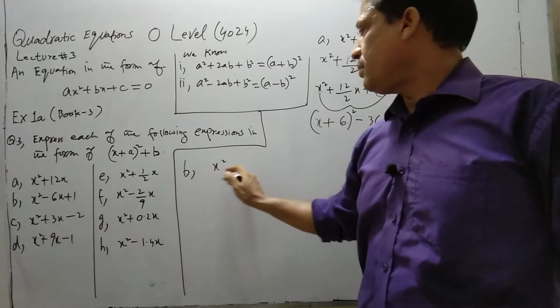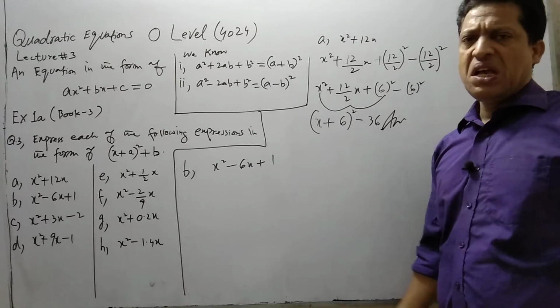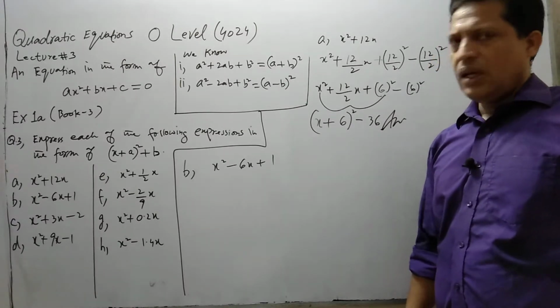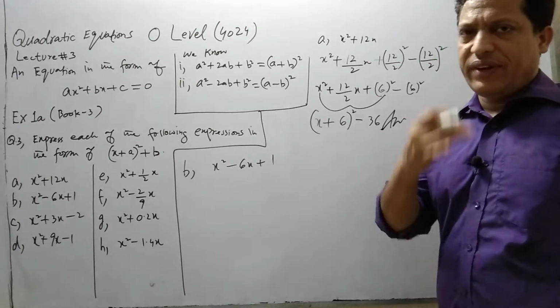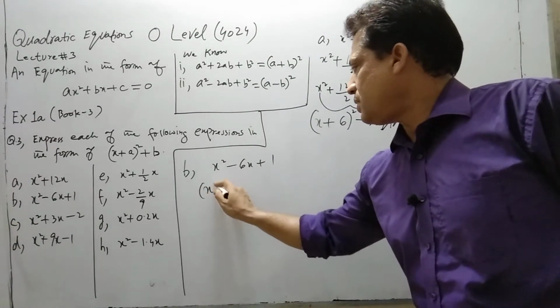x square minus 6x plus 1. Very easy. If you remember only one step, what is the first step? The first step is